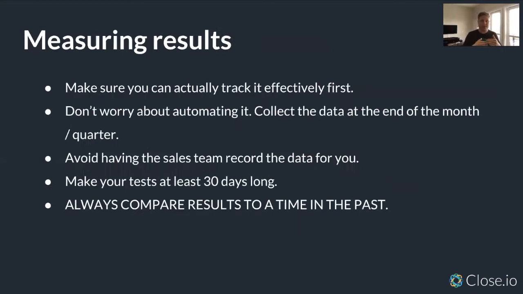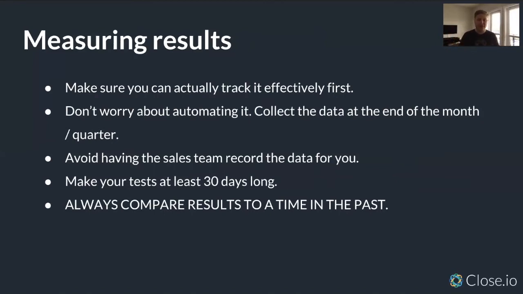So some tips on measuring results. Make sure you can track it first, and don't try to automate it all. If you're doing this stuff on your own and starting out with it, you need to make it easy for yourself. So you're not going to be collecting this forever, so you don't need to be doing it every day. So when you pick the KPI or pick what data you need to track, make sure you can track it or pull it after the fact, and then go with it from there. Don't worry about all this automation stuff. It's just going to waste time, in terms of you preparing when you should be executing on making the goal happen. That's where you should be spending your time, not on setting it all up.